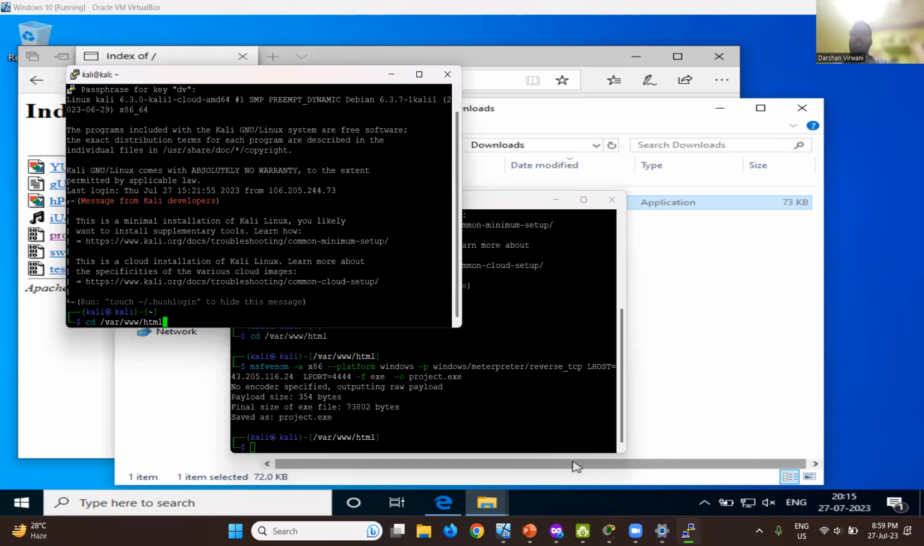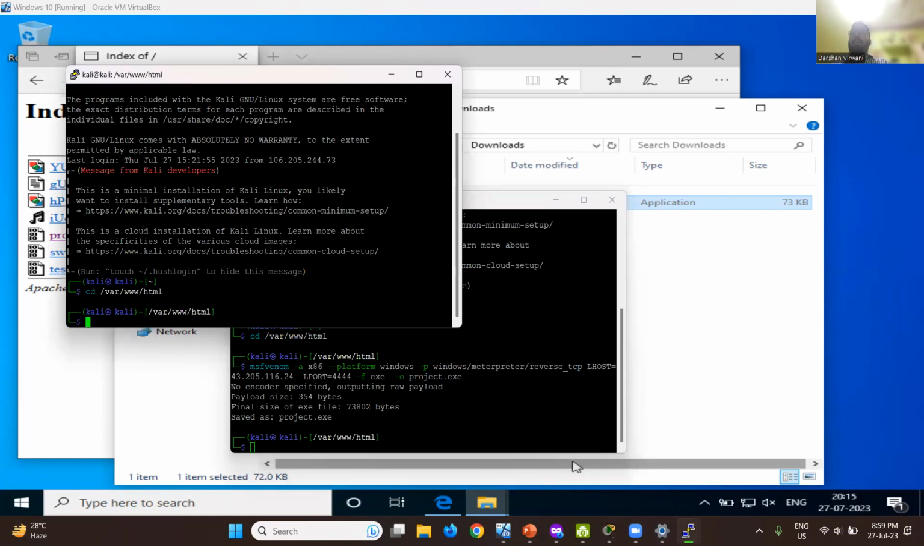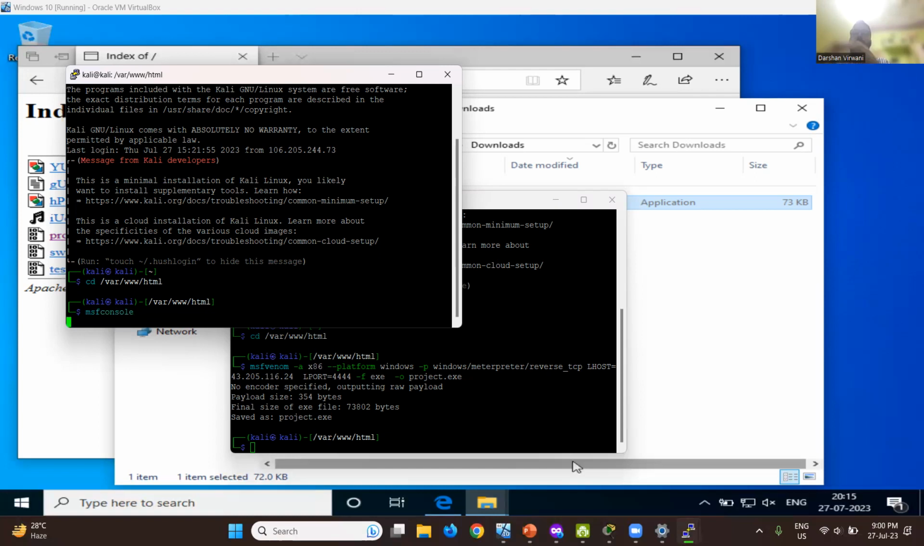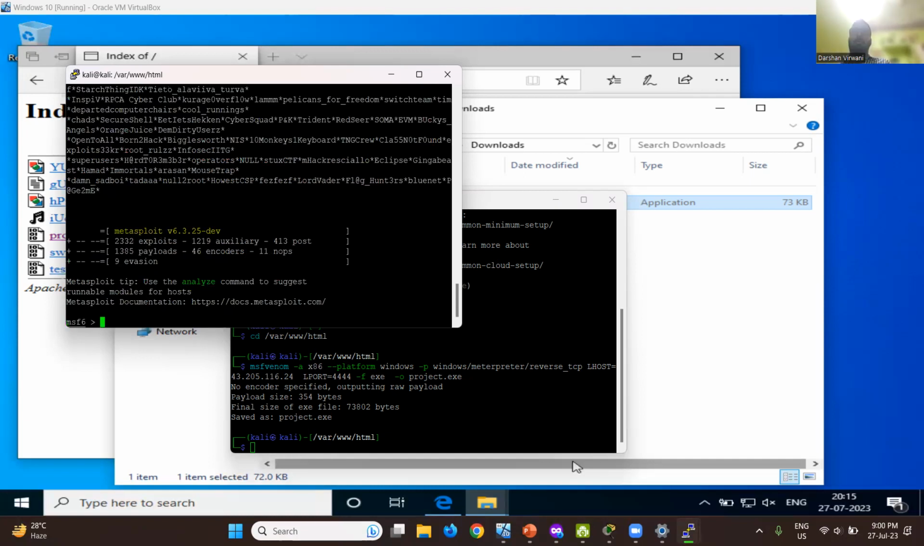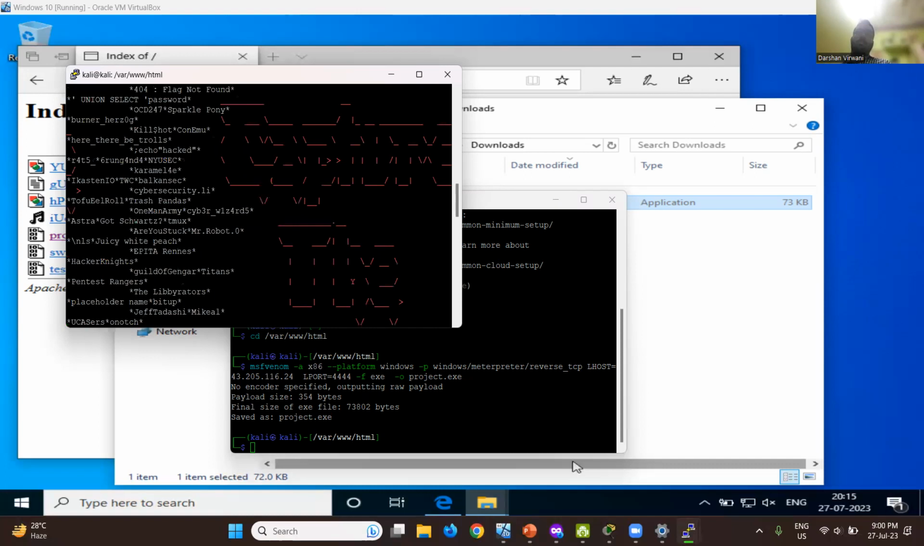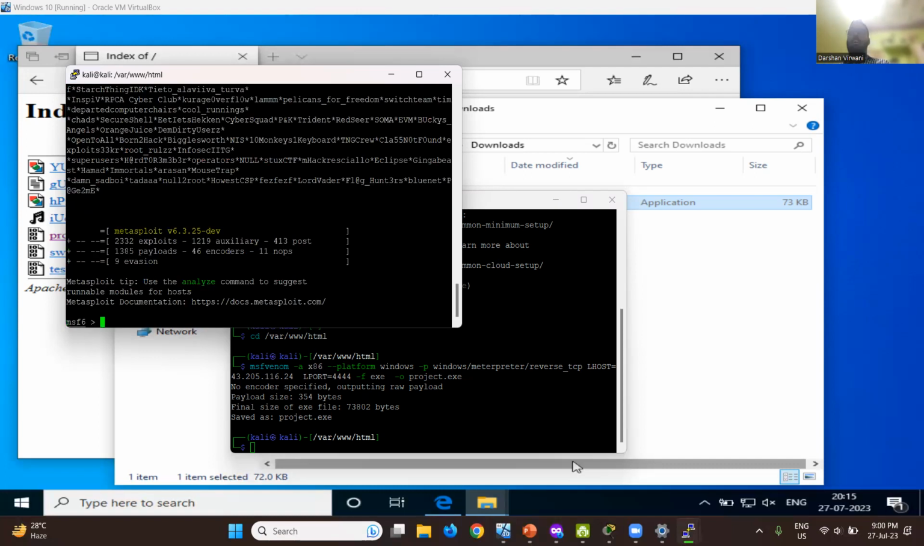We will move to our directory and here we'll start the tool I talked about before, Metasploit. So we will go into that console. The Metasploit framework console is loading, and here Metasploit is loaded. You can see how many payloads and exploits are available. So we will type in the command: use exploit